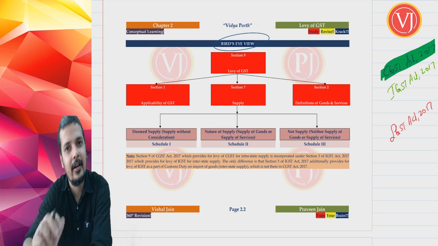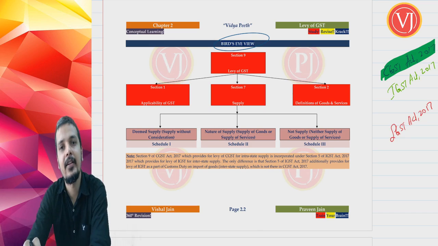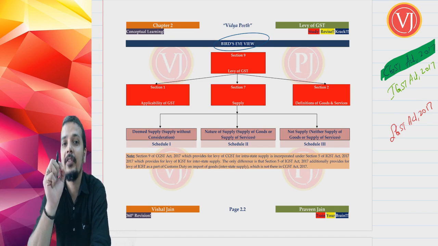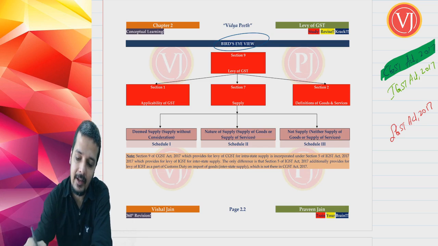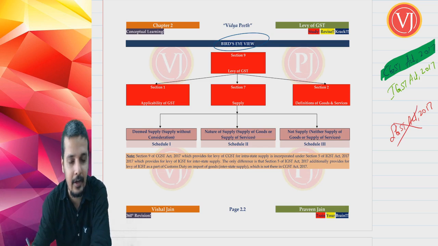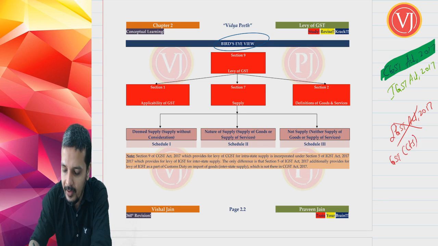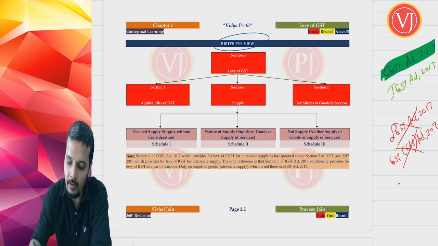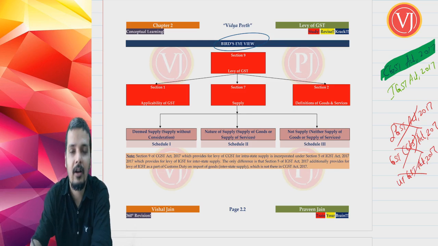Friends, you have to understand that the SGST Act is different for each of the states. Respective states will pass their respective State GST Acts. That being the case, the SGST Act is not applicable for your exams. Now what about the GST Compensation to States Act? Even the GST Compensation to States Act, though a very small act, is not applicable for your exams. Now we'll tell what about the Union Territory GST Act? Again, the Union Territory GST Act is not there for your exam.